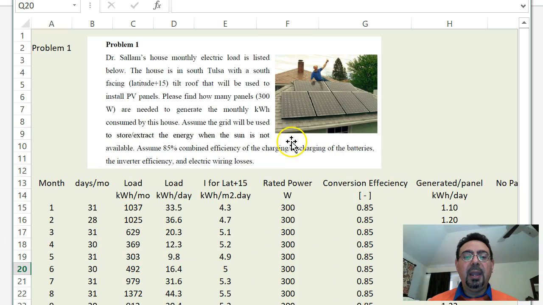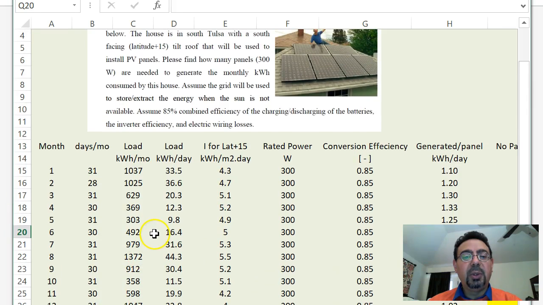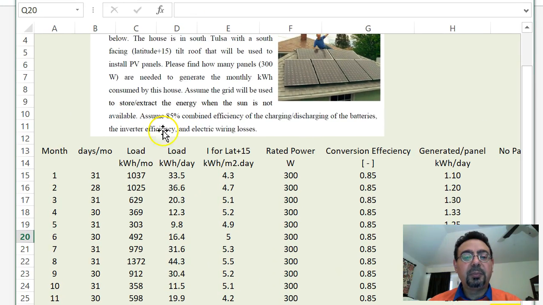Okay, and remember the calculation that we wanted. We wanted to check how many panels are needed to carry this monthly load. All right. And so to carry this monthly load, first we do it to a daily load, and you see the formula is simply dividing the monthly load over the number of days. You get how much per day you require, and those the instant radiation for latitude plus 15, because that's what